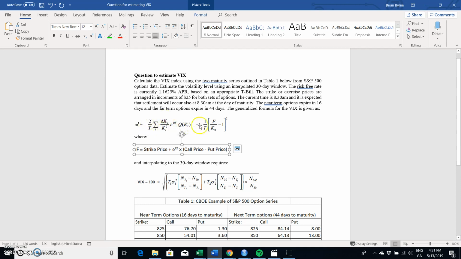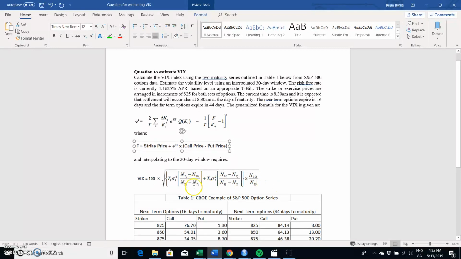In order to estimate this, we need F. In this video, I explained how to get F, how to identify K0, this value here in terms of our K0, ERT for the short-term maturity, and then how to get the call and corresponding put price appropriate for estimating F. And then once we obtained sigma squared for the shorter term contracts, we must obtain sigma squared for the longer term contracts, and then we've got to take both of those and integrate into this overall VIX estimation,